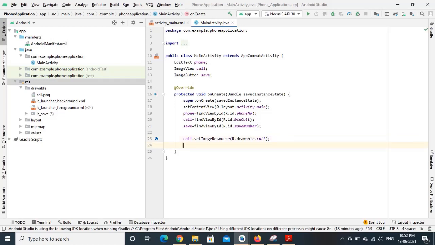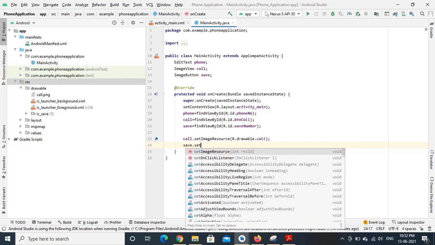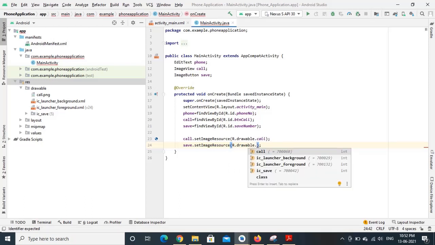And next you can also provide the image for button, that is save button. Save dot set image resource, r dot drawable dot IC save.